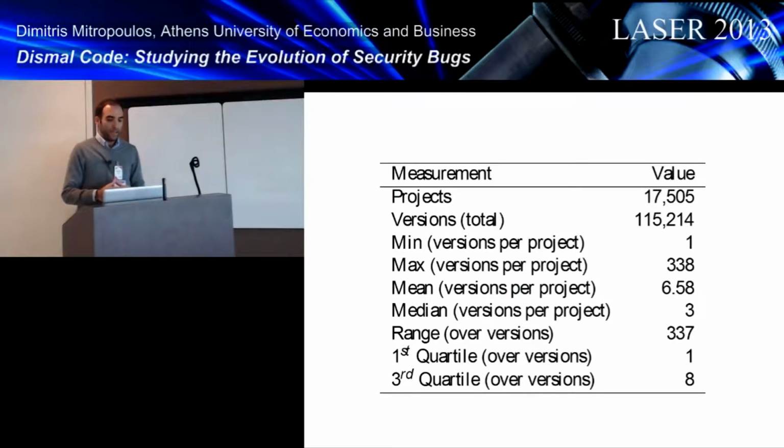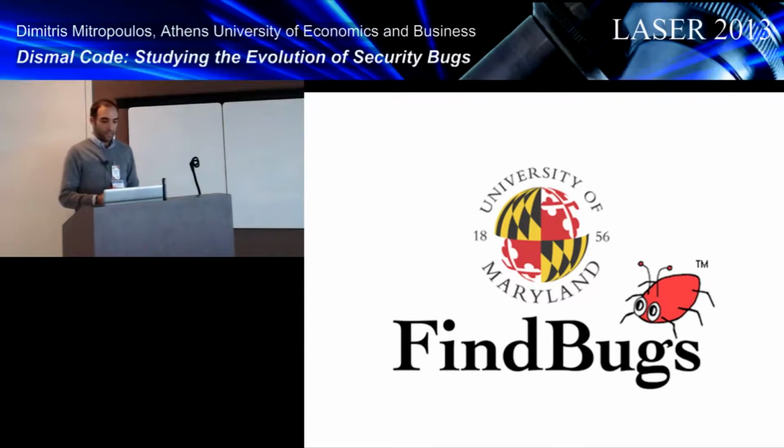To statically analyze all the releases, we used Findbugs, which is a tool that has already been used in research and examines bytecode to detect software bugs. This came in handy since Maven contains all project versions in the form of jars. We have to mention here, as a threat to the validity of our experiment, that a static analysis tool like this can produce false positive or negative alarms.